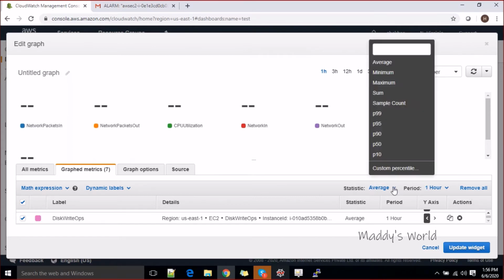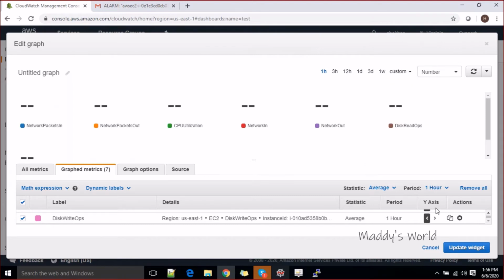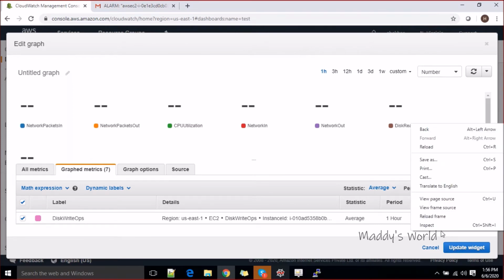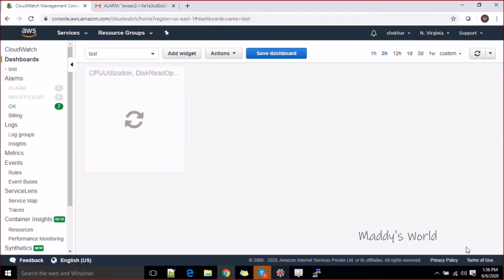Nope. Statistic is average, and if you want to add a custom percentile, or sample count, you can also get it from here. But for these metrics I don't see any data available. Let's update the widget now and see if we get something,